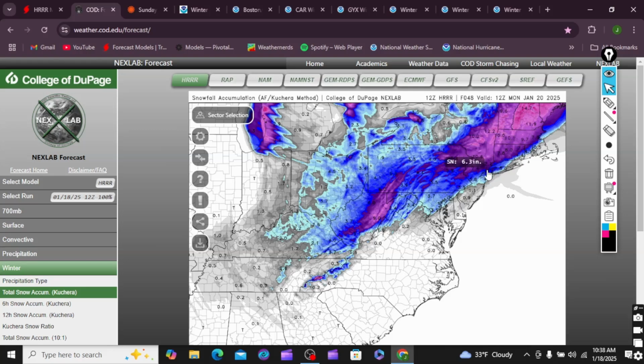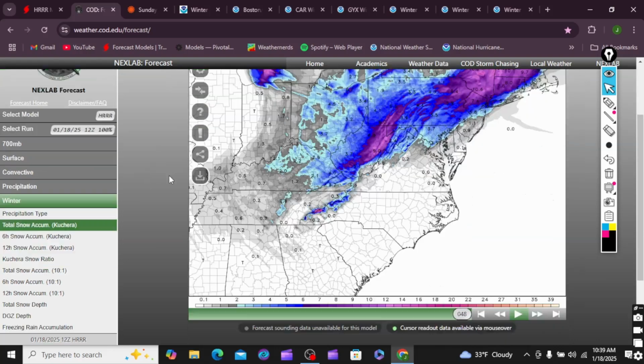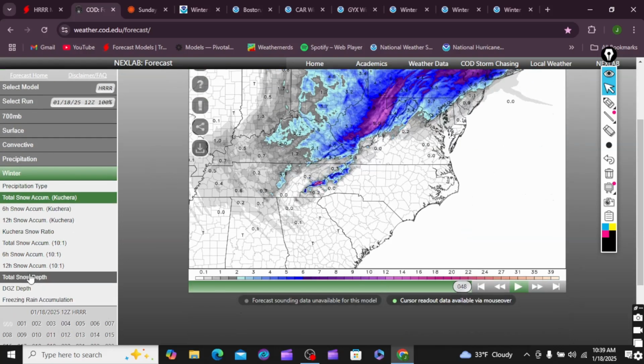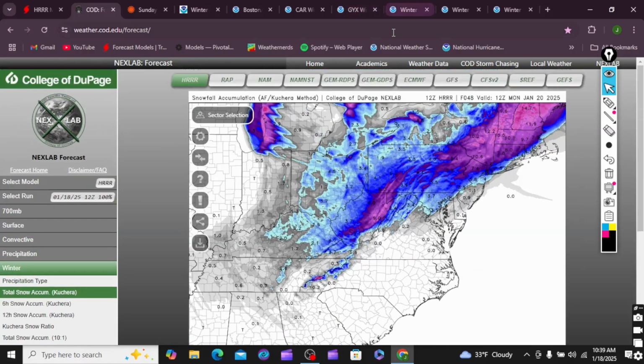New York, you see about 6 inches. Philly, anywhere 2 to 4 inches. Areas like that. Central Pennsylvania, 2 to 4 inches, 3 to 5, around those areas. And yeah, that will do everything on the HRRR model, okay? That's pretty much everything I want to cover on the HRRR model.